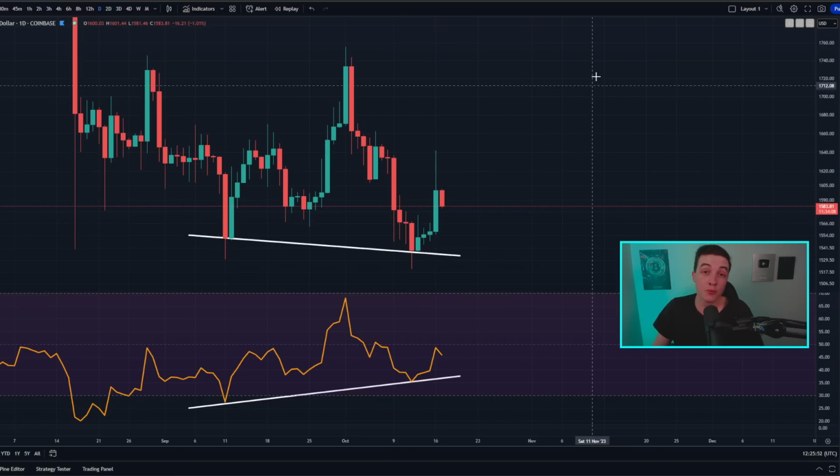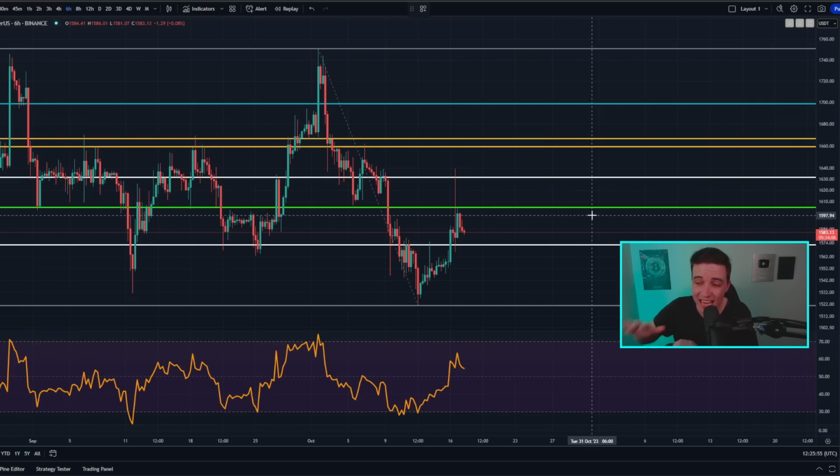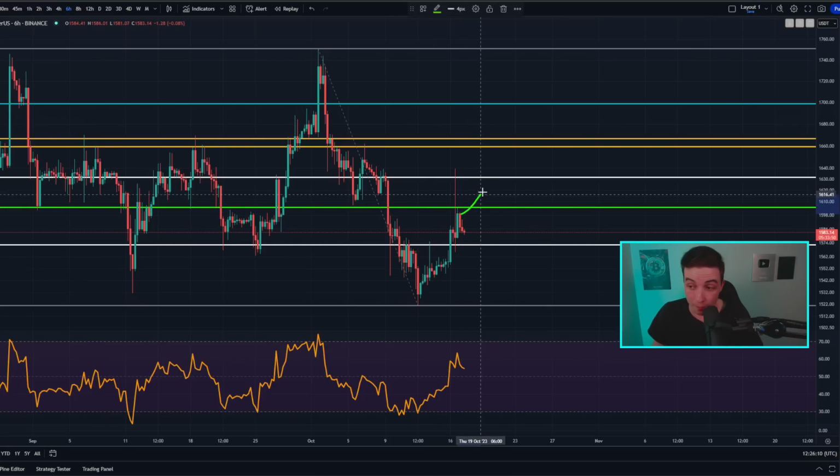And if you're zooming into the shorter term, looking at the 6-hour ETH to US dollar chart, we have just seen a perfect rejection from the 38.2% Fibonacci level of resistance, sitting at around 1605 approximately. But if we were to see a breakout above that level of resistance, then in that case we have the 50% retracement level at around 1630, and the golden pocket sitting in between around 1660 to 1670 acting as resistance.